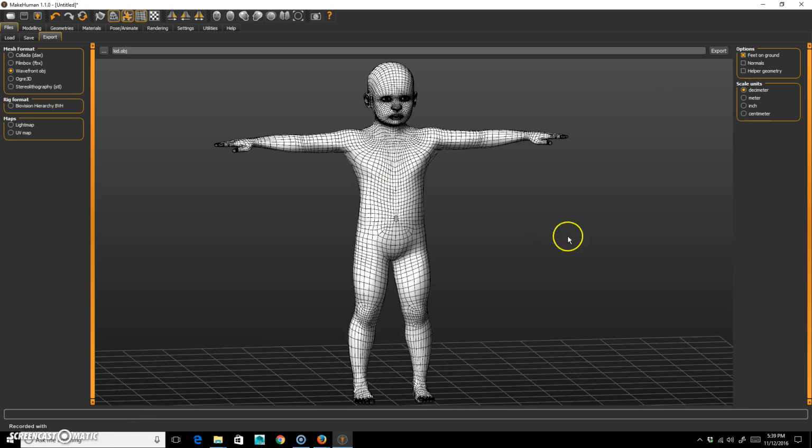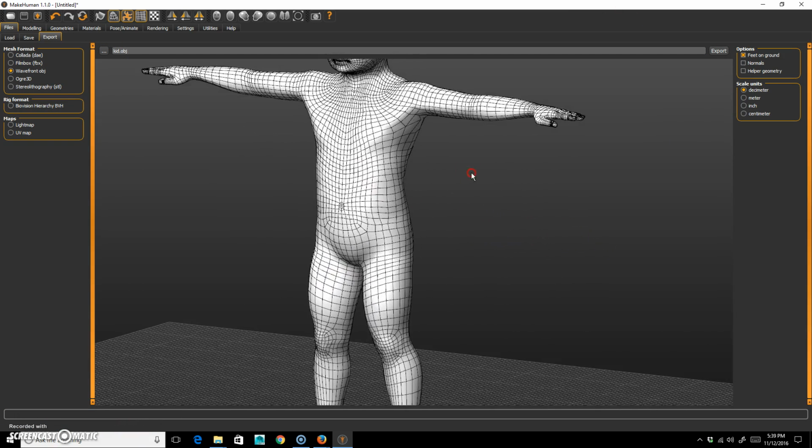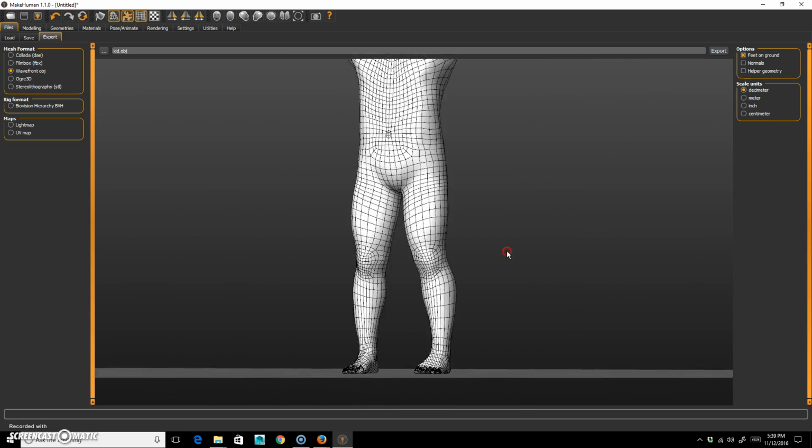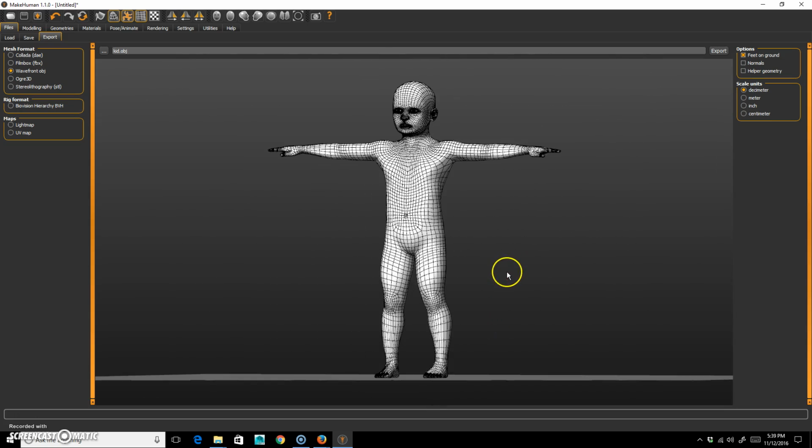Bam, it's done. Okay. So now I have a base mesh that I can use and bring into Sculptris to start sculpting on top of. Okay. And that's it for this program. It's relatively